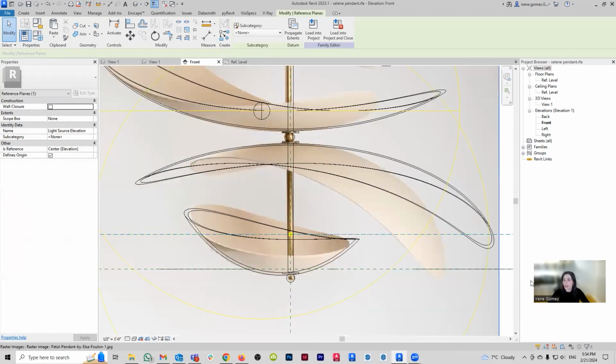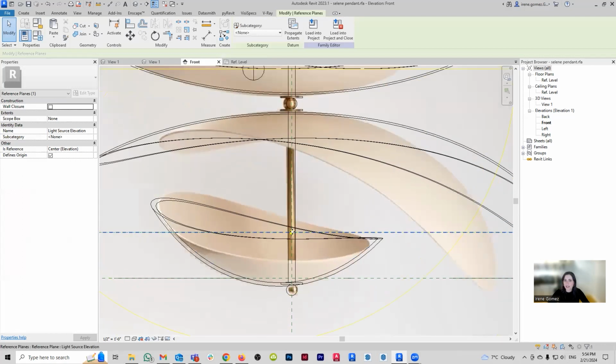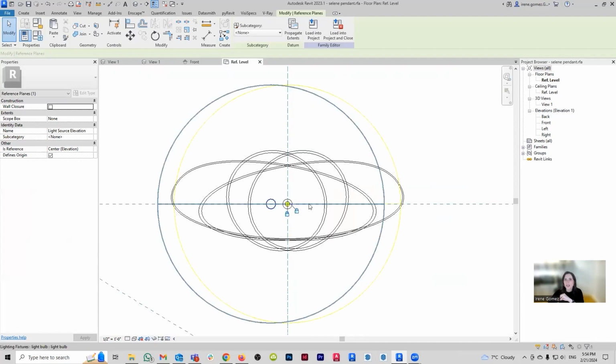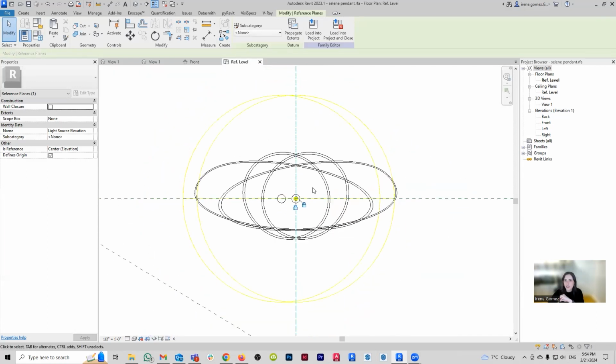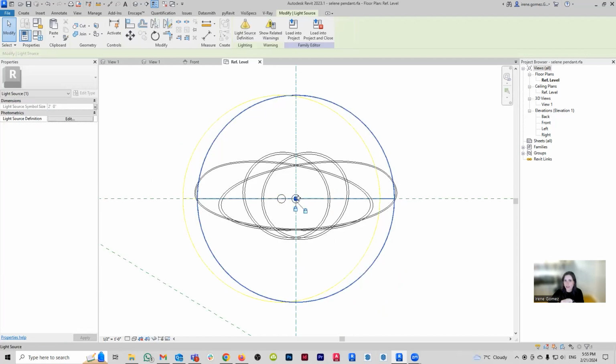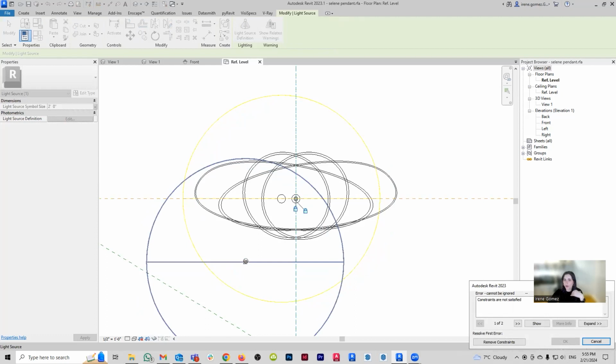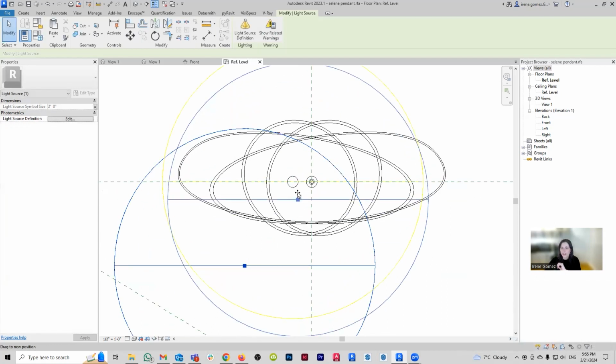Now, right now, I'm going to get again that error message because this point, that is my light source, is trapped inside of my tube. But what I can do is go here to my reference plane, and I can just move it to the side. So I am going to select the light source itself and just move it away. Now, it's going to give you another error message that it's simply going to tell you, hey, this is right now set up to be locked with this axis and this axis, but you can actually remove that lock. So I'm going to remove those constraints, and there you go. Now this is free.